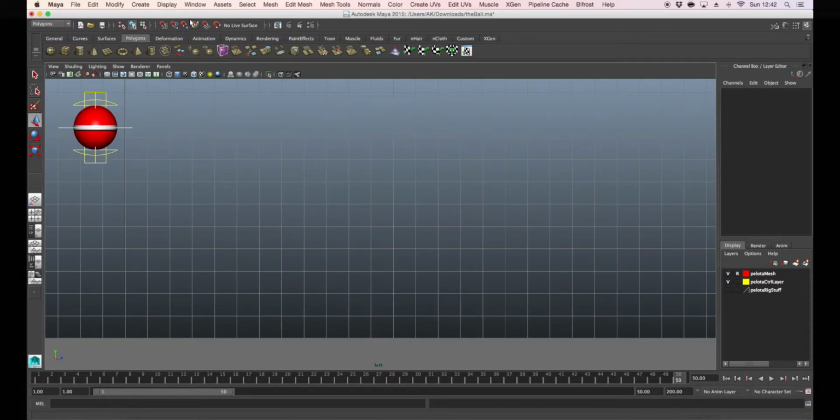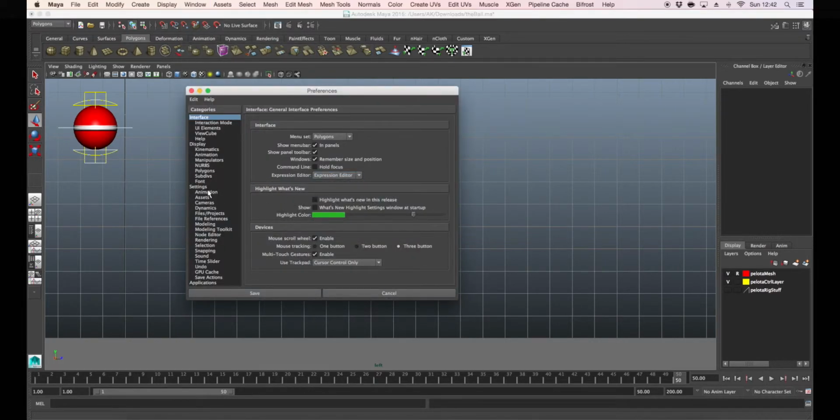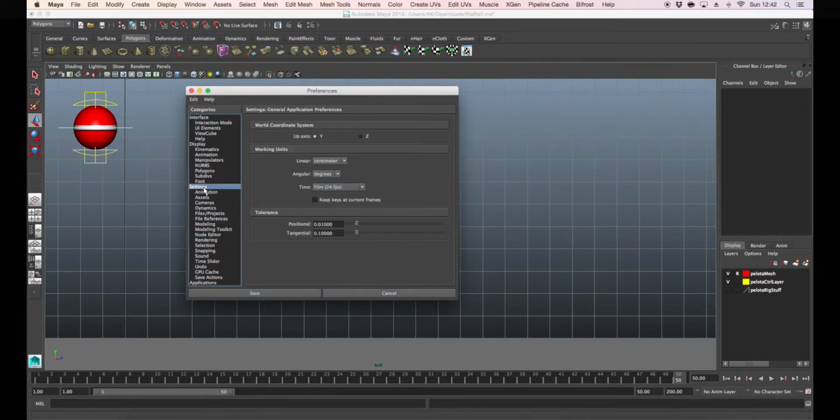First of all, I'd like to go through the settings and preferences before starting any shot. You go to Settings, Preferences, Preferences, and then go to your settings. Usually, depending on what